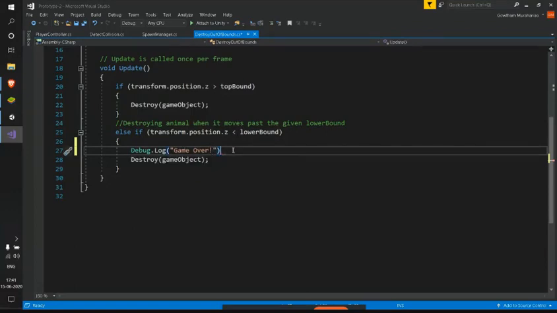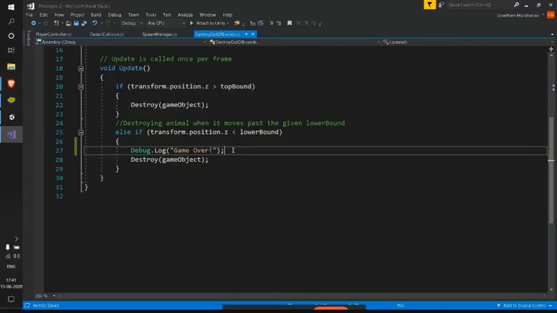So you might think, by writing this Debug.Log, will the game really end? No. This Debug.Log is just a message to indicate that the game is over. It is not actually ending our game. We'll be doing this part in our future games. But as of now, we are not ending this game.